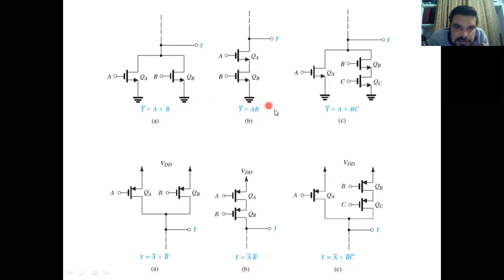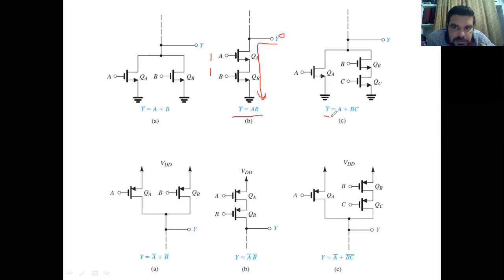Let us consider this example. This is already in the form y bar equals AB. So these inputs are already in active high form. So here is the product. In case of product, two NMOS transistors will be connected in series. So let us consider one case here. If A is 1 and B is also 1, Y will be directly connected to ground, meaning Y will be equal to 0. So this is your designing of pull down.